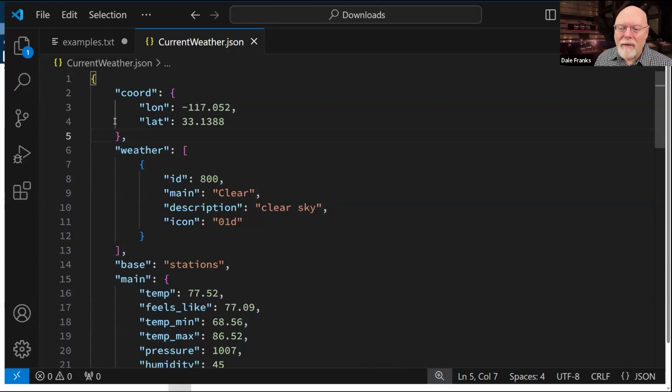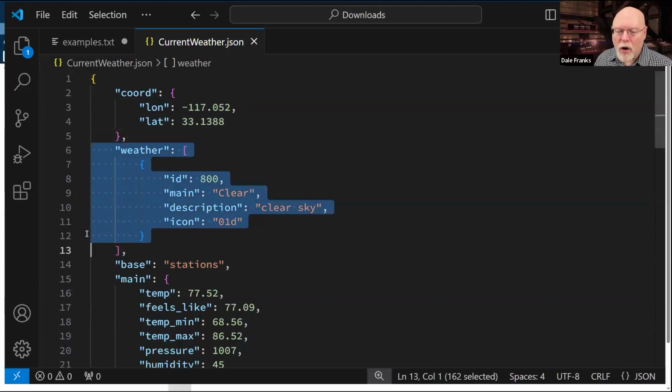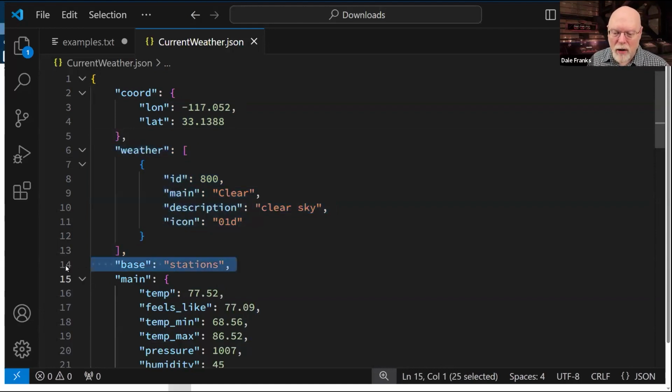So I have a node here called coord, and then there's a comma. So it means it's followed by another node called weather, which is also inside an array. That's going to get freaky in a second, but we'll come back to that. Then I have another node here called base.